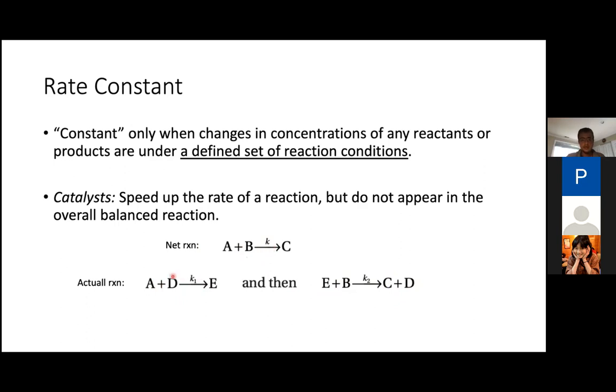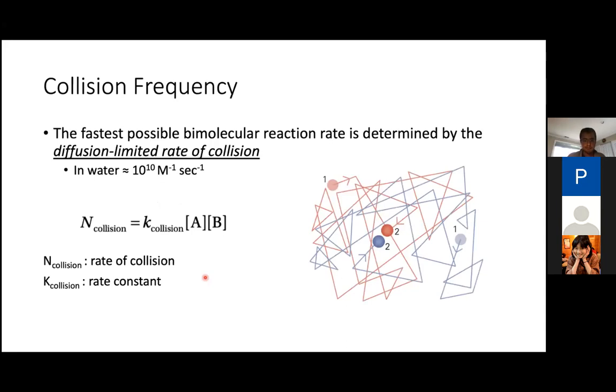And what this catalyst does is that it lowers the overall activation barrier and makes it possible for A to react with B. So without further ado, let's get on to the certain conditions that affect the rate of a reaction. The first thing that Wu actually brought up in the first presentation was for the reaction to proceed, the